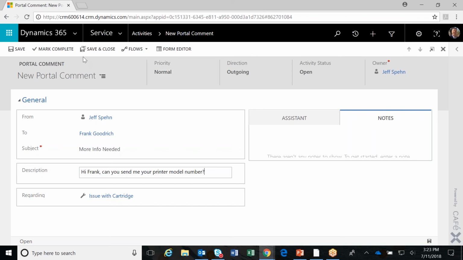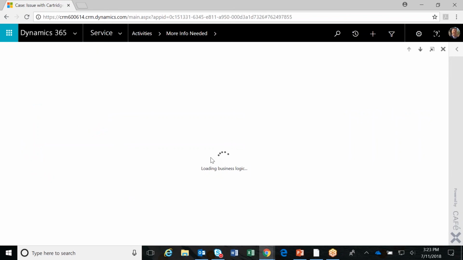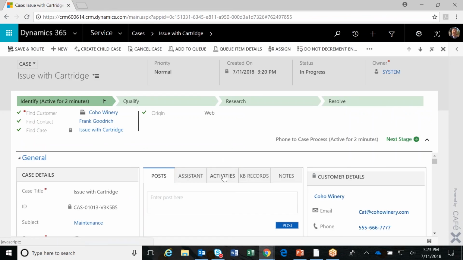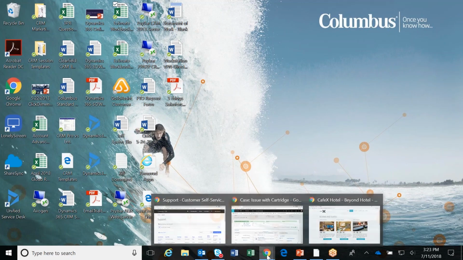Okay, and I'm going to go ahead and just save and mark this as a completed comment. Now that's going to be listed as one of the activities against this case, along with all the phone calls and emails that I might later have with this particular case. So again, if I go back to activities, there's my comment. Now if I go back to the portal that Frank was logged into,